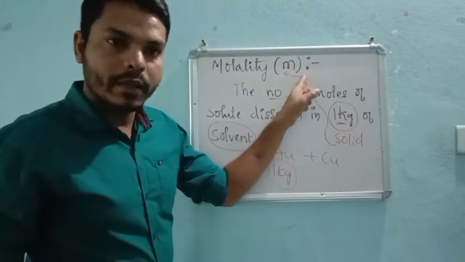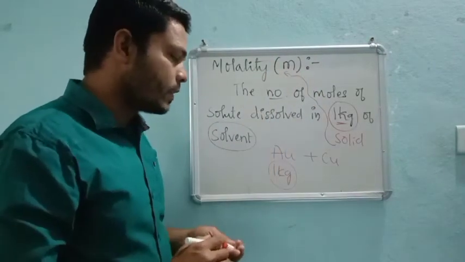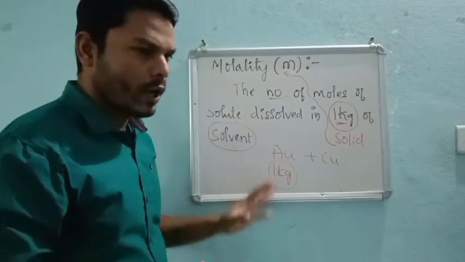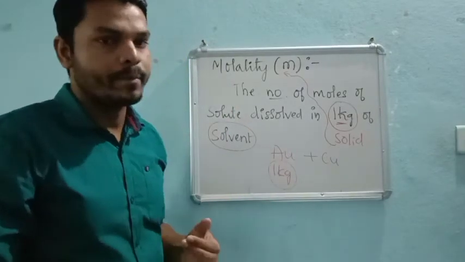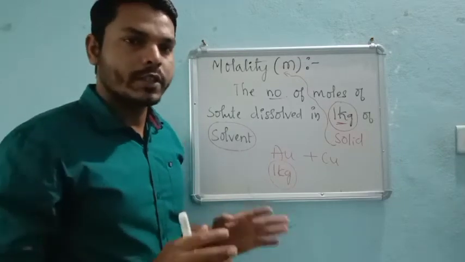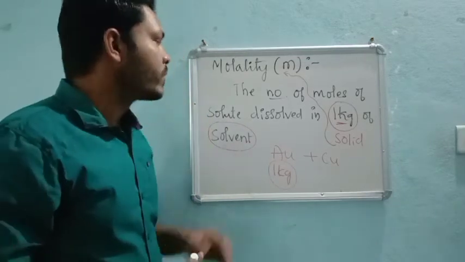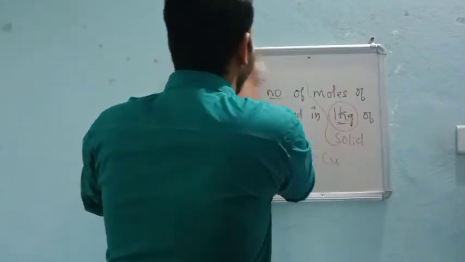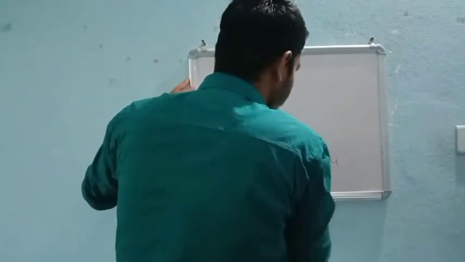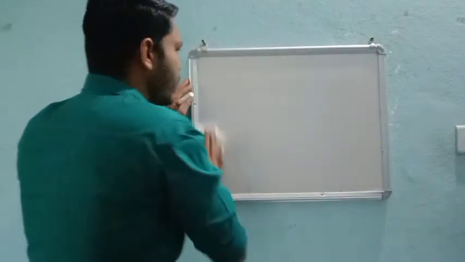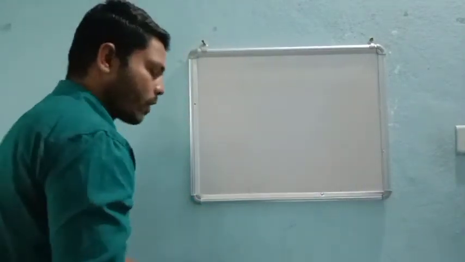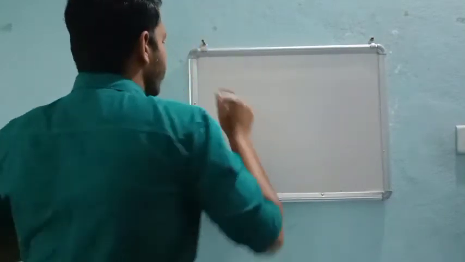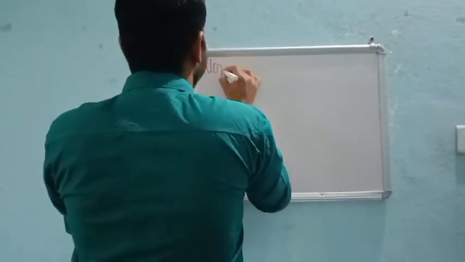So small m. These are molarity, concentration, and molality. Remember these 3 points, which are very important for you, right? Later we will go for the mole fraction also. The next one is normality, which is also very important. In your competitive examinations, 1 or 2 questions will come based on normality.